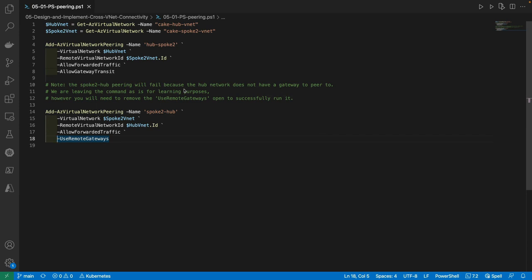And what's going to happen is after assigning variables to our Hub VNet and our Spoke 2 VNet, we are then going to create the network peerings from our Hub network to the Spoke 2 network, and then also create a separate peering from our Spoke 2 network back to our hub network. Now, we're not going to get super deep other than pointing out a couple relevant points of these commands,